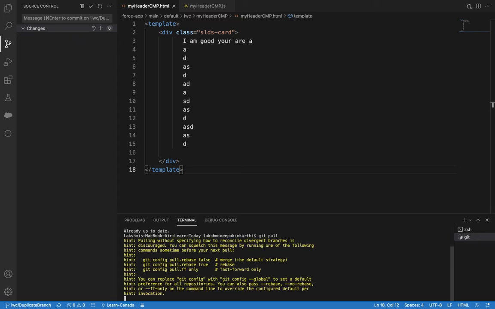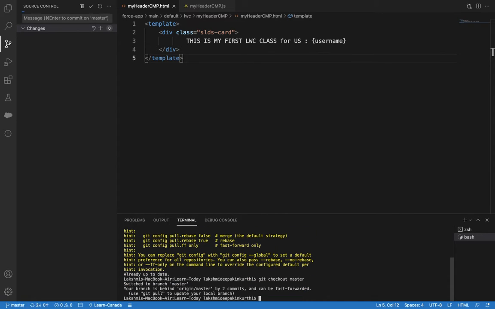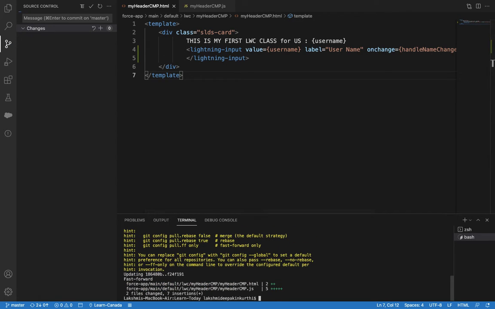git pull, checkout master, git pull, okay, git merge --no-ff.